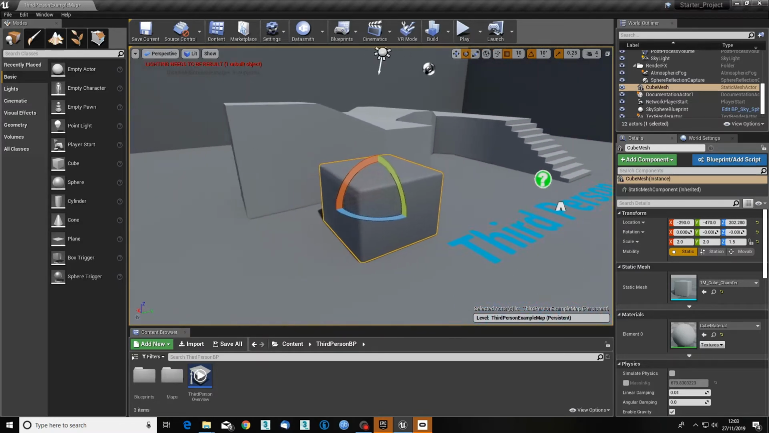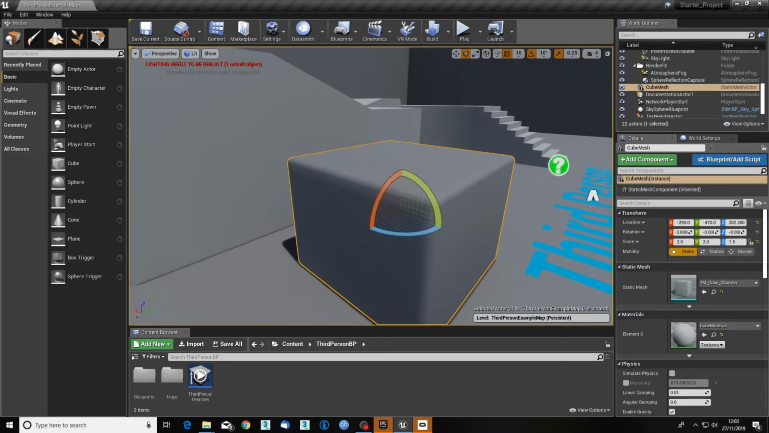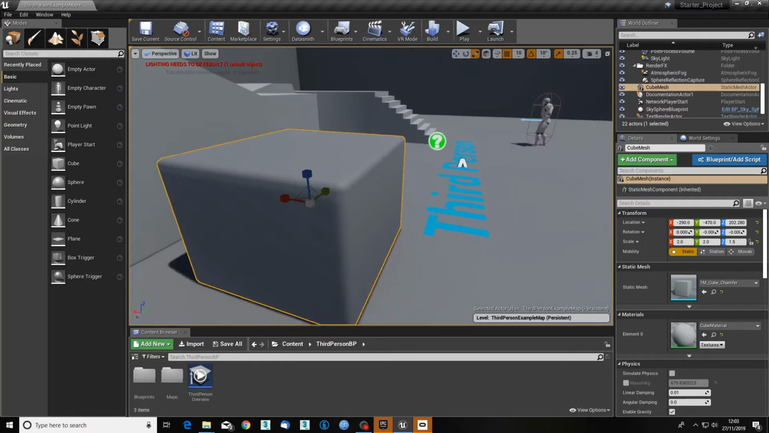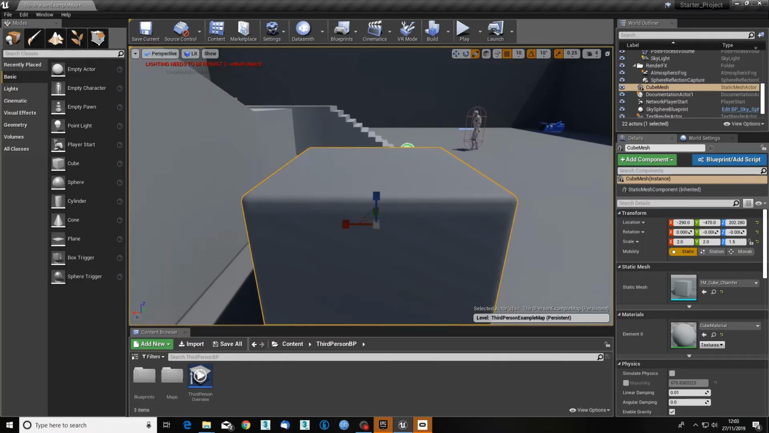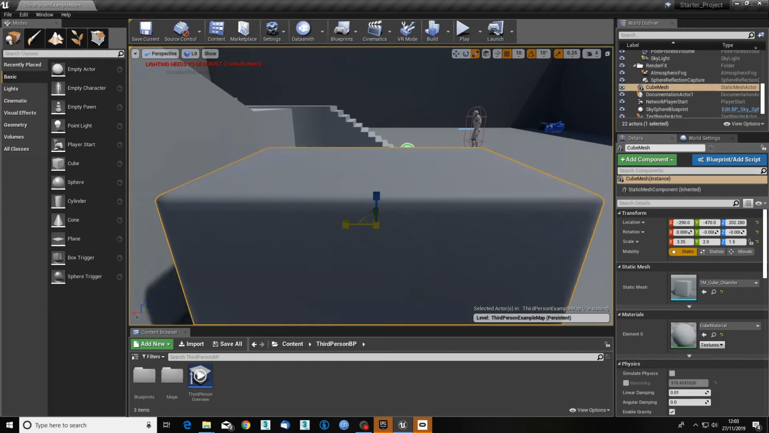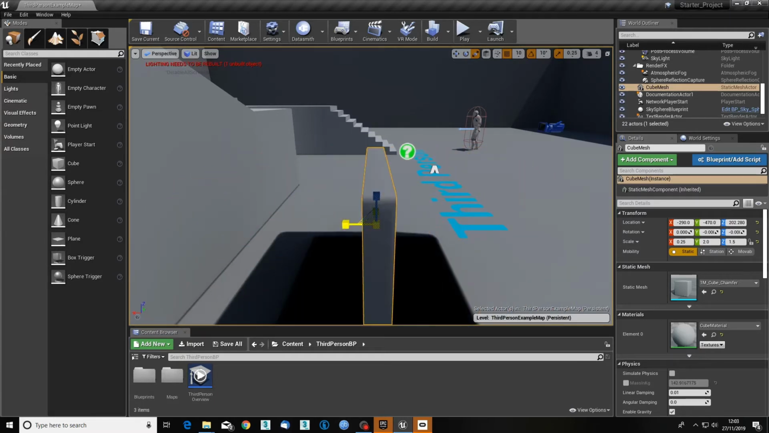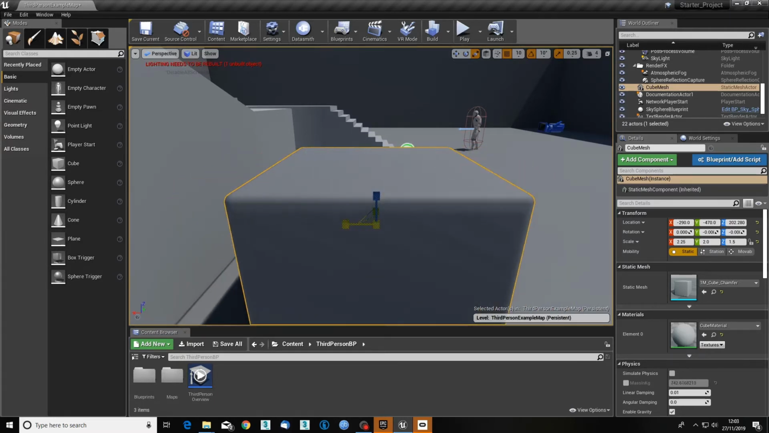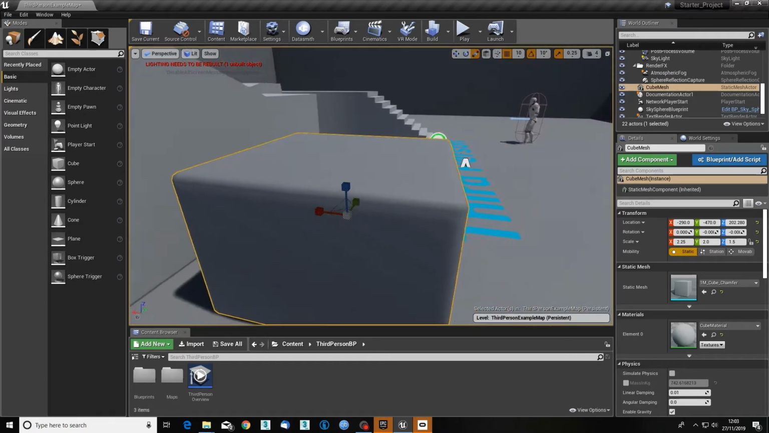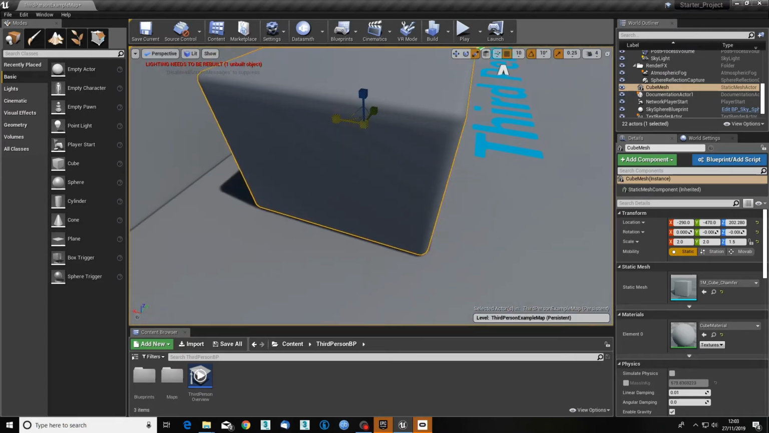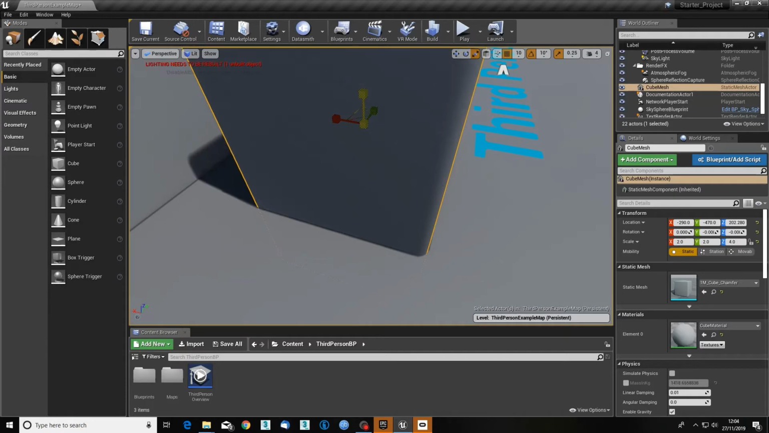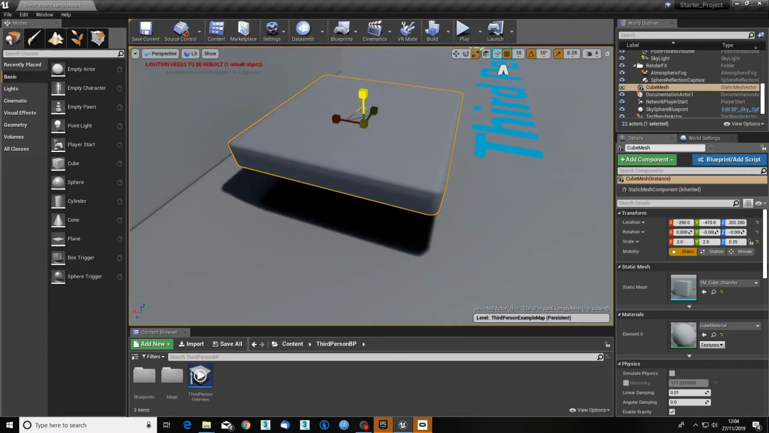Now, the next thing we can do is hit space again, and we get this. They're like little hammers. They've got little boxes on the end rather than arrows. And these are our scale tools. So I can use the scale to make it longer or much, much thinner, like that. What else can I do? Well, I can make it taller or shorter